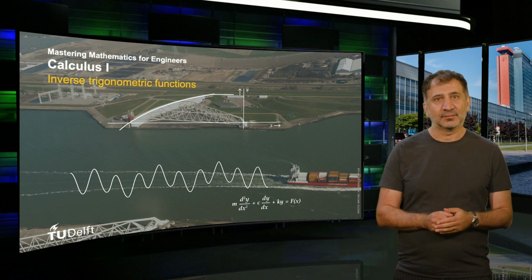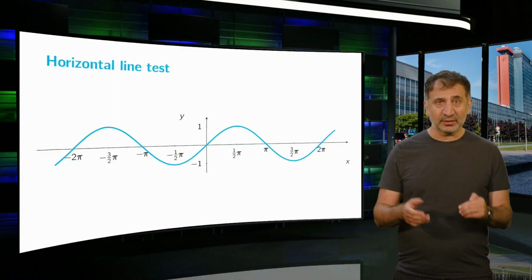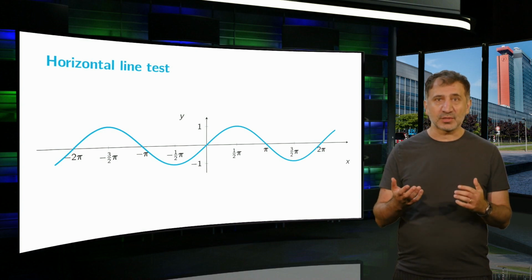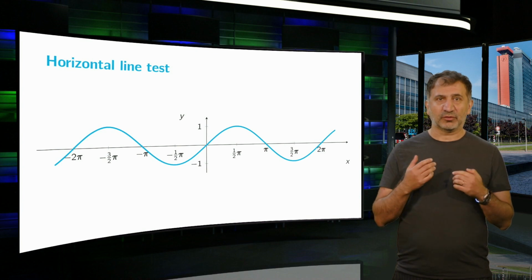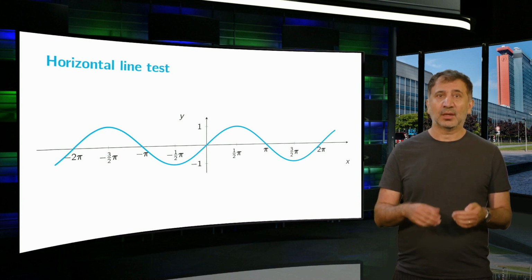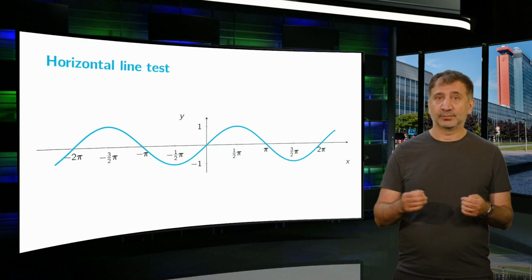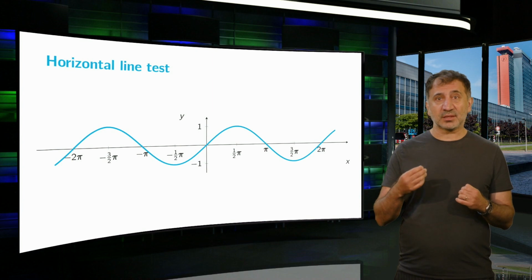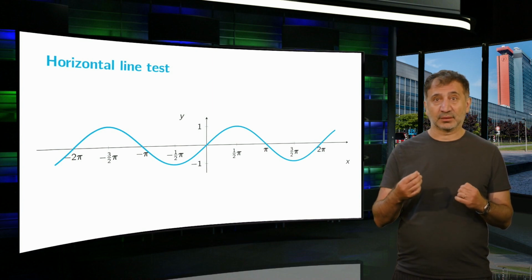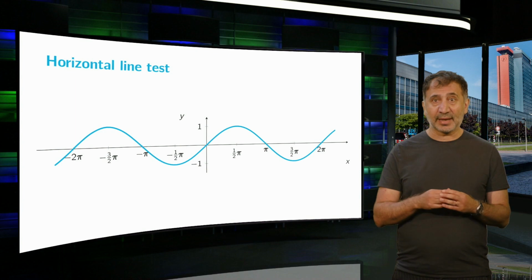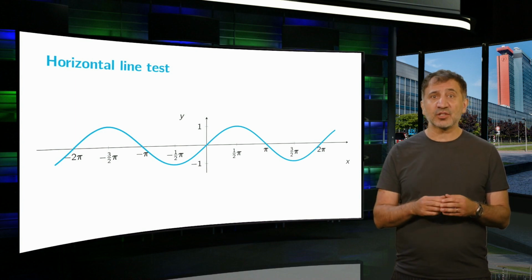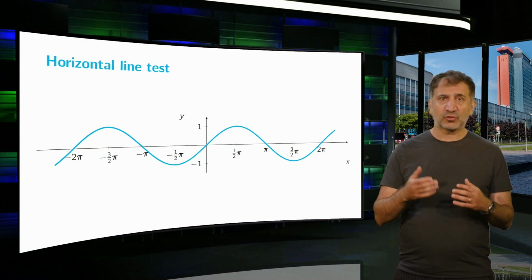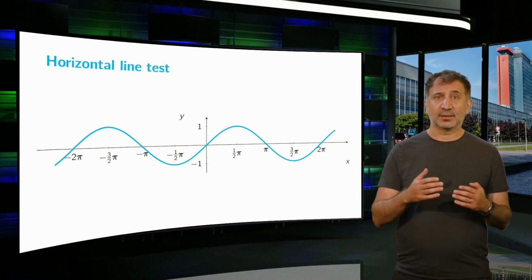Welcome back again. In this video you will be acquainted with three inverse trigonometric functions, namely the arcsine, the arccosine and the arctangent. If you don't know what an inverse function is, I suggest you watch that video first. Recall that you can check if the inverse of a given function exists by doing the horizontal line test. When you draw a horizontal line anywhere through the graph of your function, it is allowed to cut the graph only once. Let's first find the inverse function of the sine.